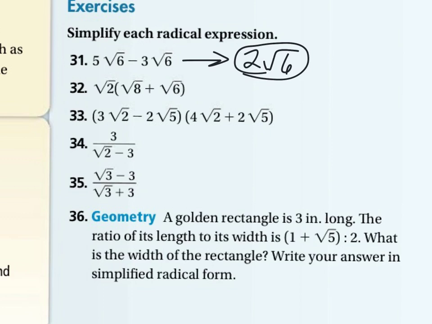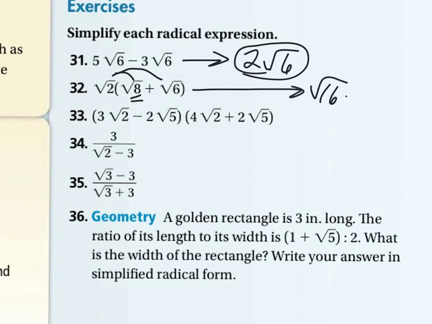On 32, if you want to, you can try to simplify underneath the radicals. So like square root of 8, you could split that up as 4 and 2, and you could simplify it. Actually, if you see what's coming, though, we have a number outside of the parentheses. We're going to distribute. And if you distribute, 2 times 8 is 16. Square root of 16 is going to come out even anyway. So rather than try to break that one apart, I would just keep it like it is,